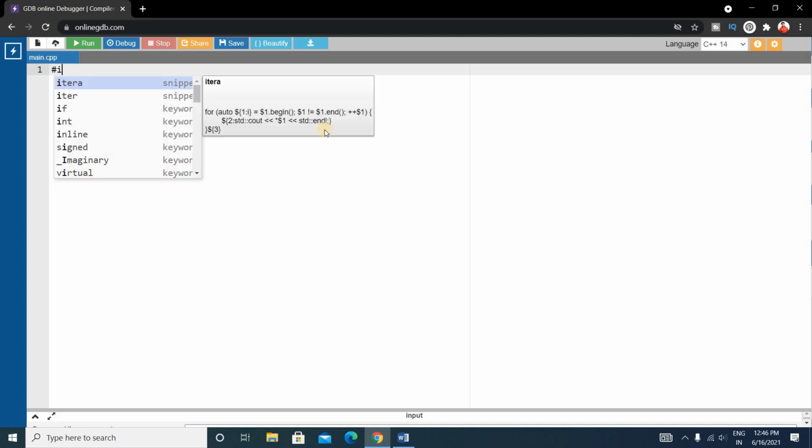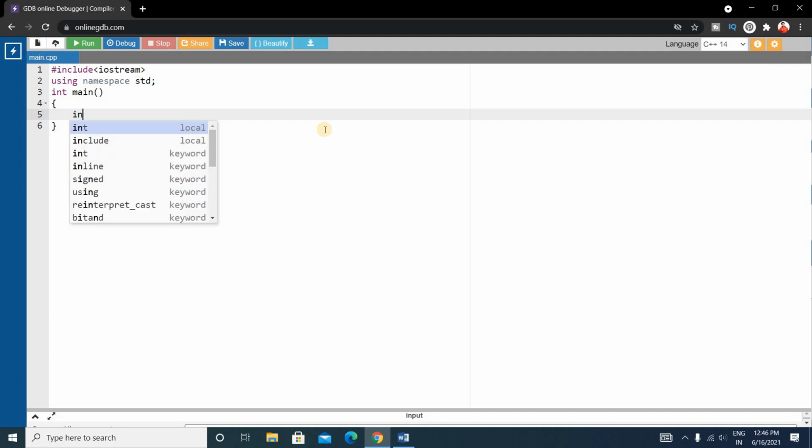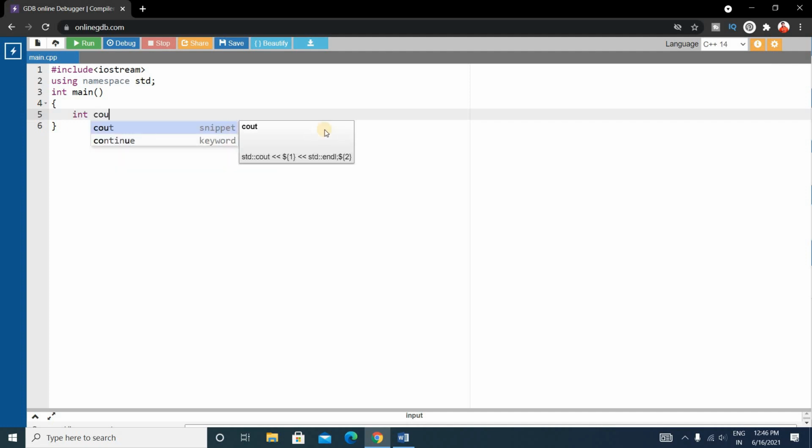So let's write it. Here we'll write the code using C++. First write the basic format of C++, that is include iostream, using namespace std, and first write the main function. Inside this main function write count1 and count2.